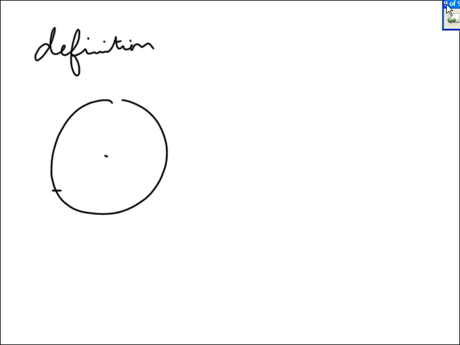Now, I want to give one silly definition. You have a center and you have a chord. Now, you don't even need a circle for this definition. If you have a line segment or even a line that goes in both directions forever, or a ray where only one end goes forever, doesn't matter. If you have a point,